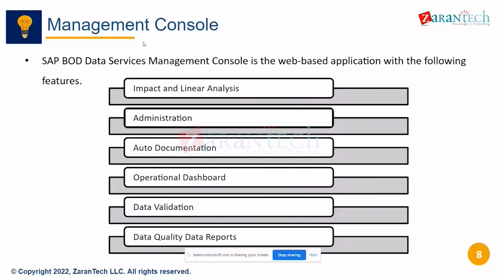Whenever you are working on a development project or support project, this option you will nowhere use. Till now I have around 11 years of experience, and till now I haven't used this impact and lineage analysis in my IT career. And coming to